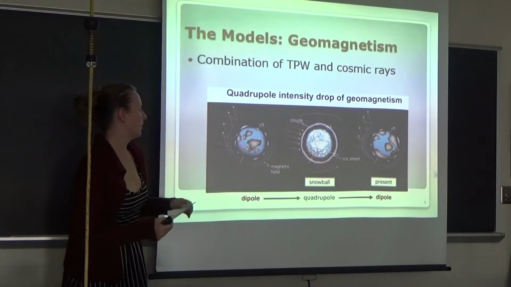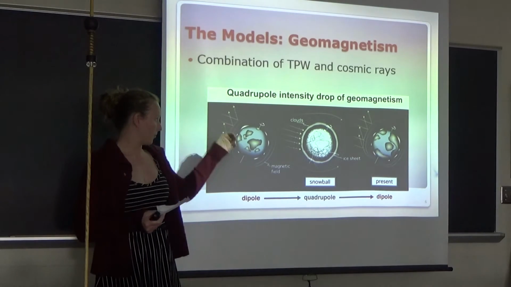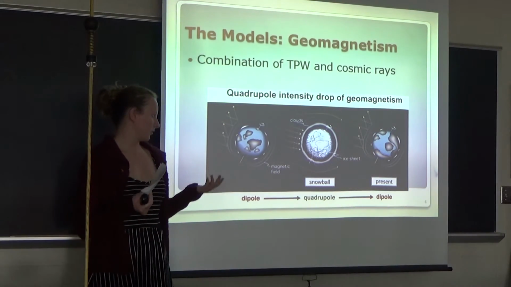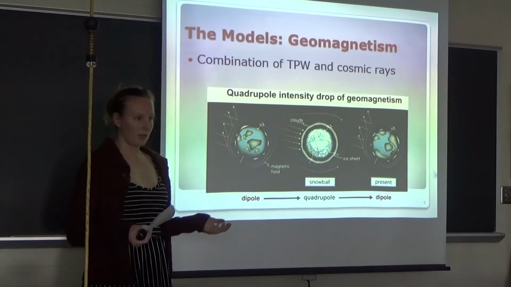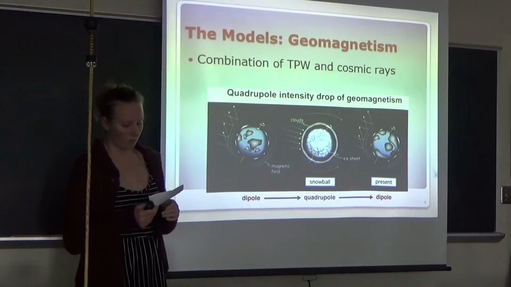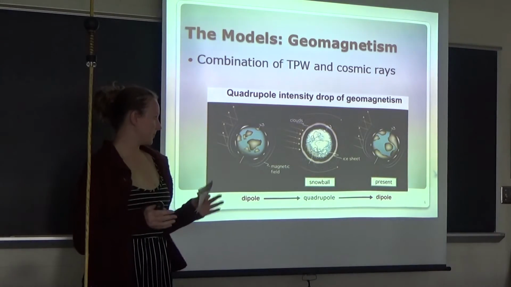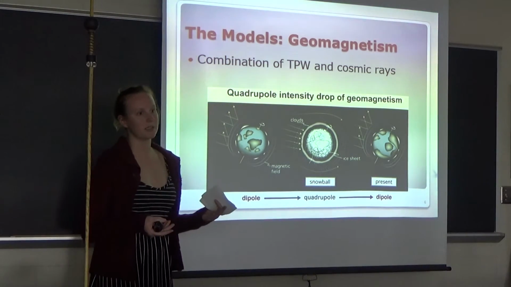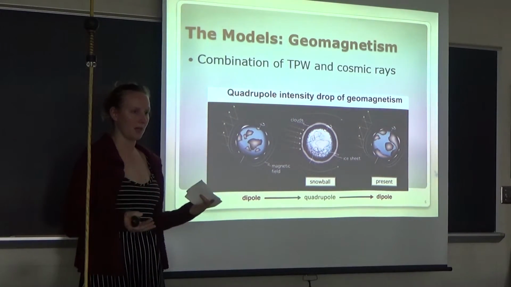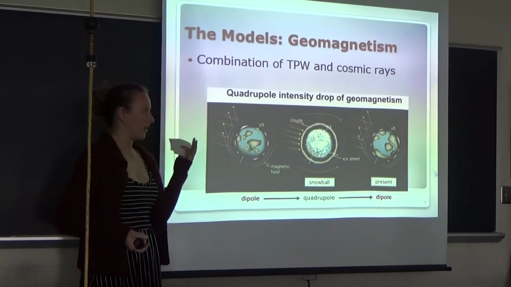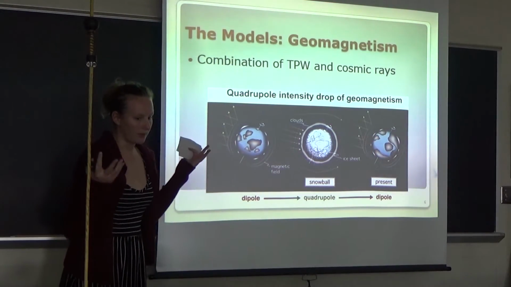And when that happens, you end up with a loss of magnetic field, and you form ice sheets and more clouds, and Snowball Earth happens. And then when the magnetic field strengthens again, Snowball Earth goes away. They're not 100% sure, but they think the main reason that the magnetic field strengthens or weakens is because of cosmic radiation, which is how true polar wander ties in with cosmic rays and you get geomagnetism.